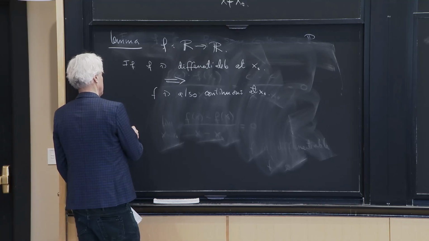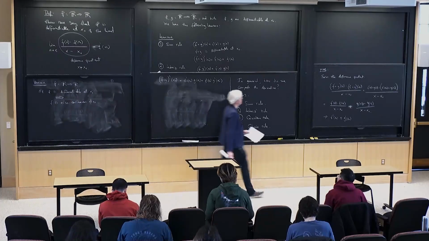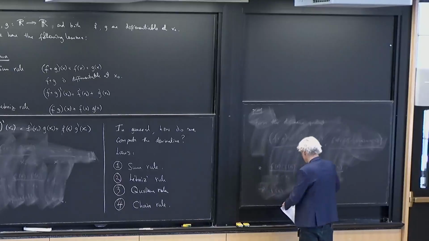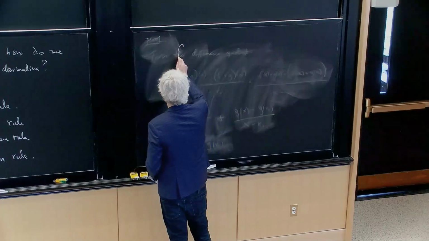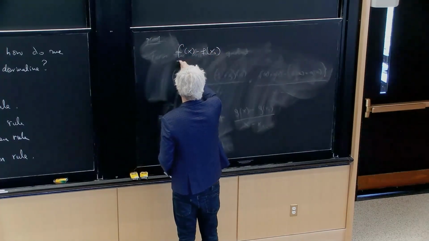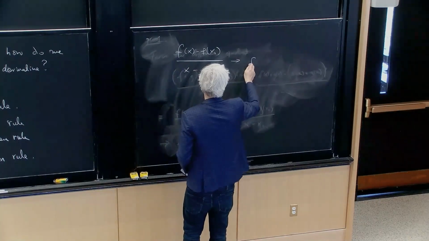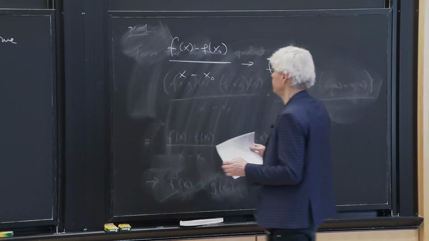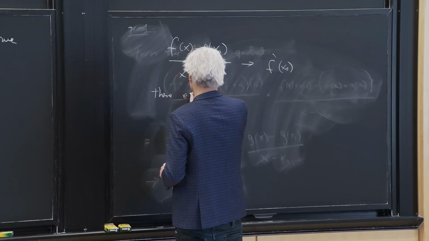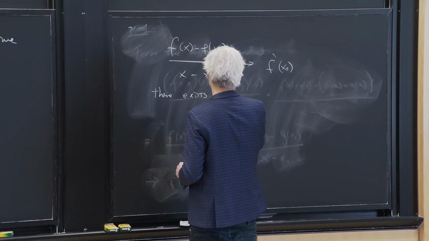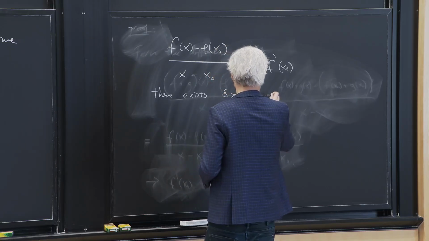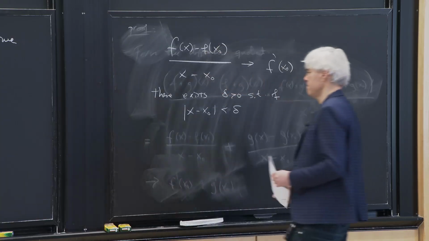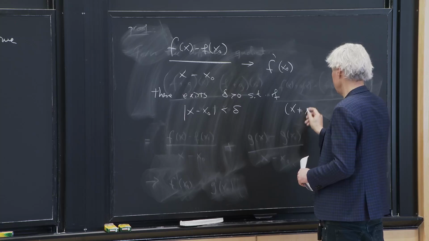So now let's try to prove that. I'm assuming that it's differentiable. So this means that this difference quotient here has a limit, and that limit is the derivative, as x goes to x0. So this means that there exists delta greater than 0 such that if x minus x0 is less than delta, of course I'm assuming that x is not equal to x0,